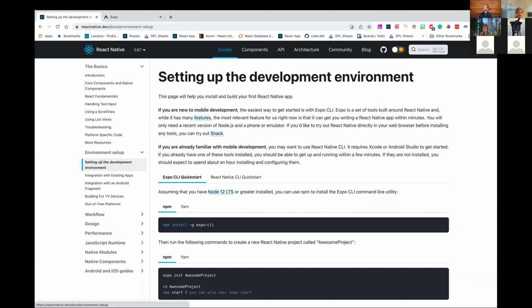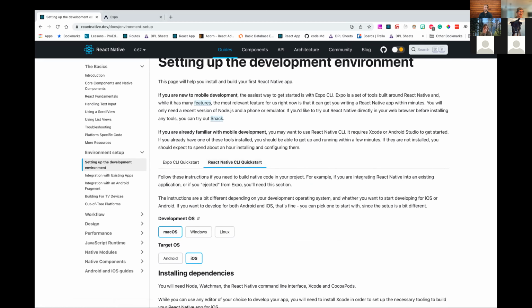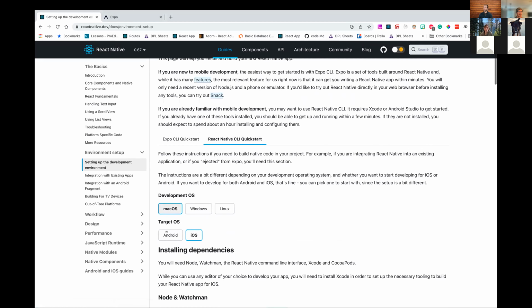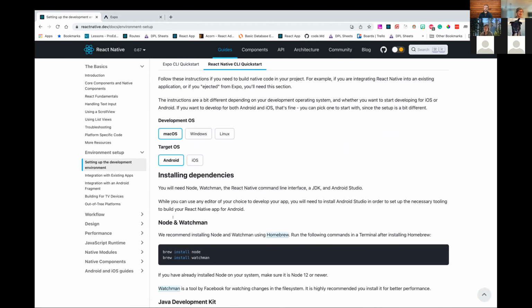I think this is the hardest part of the guide, finding the guide. So you go to environment setup, set up the development environment, React Native. We want to select the React Native CLI quick start section. And then our development OS, we are using Macs, and our target operating system for the phone is iOS. If you wanted to get it set up with Android on your own, you can follow these instructions,